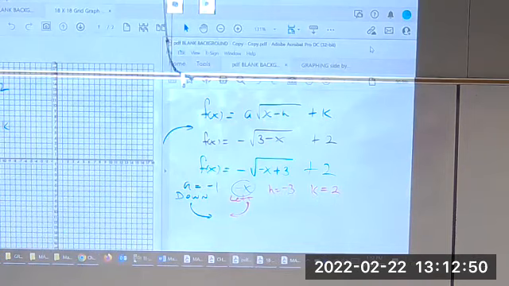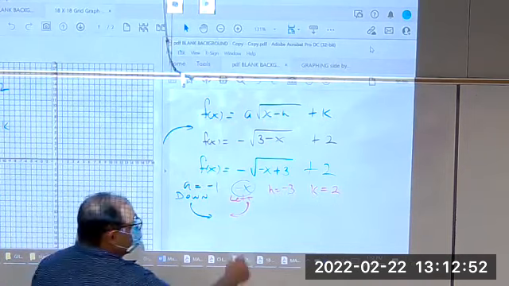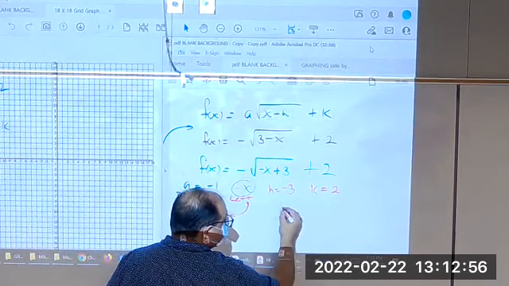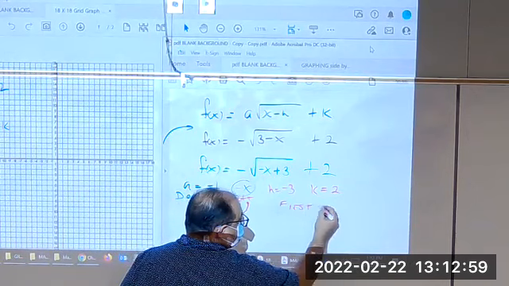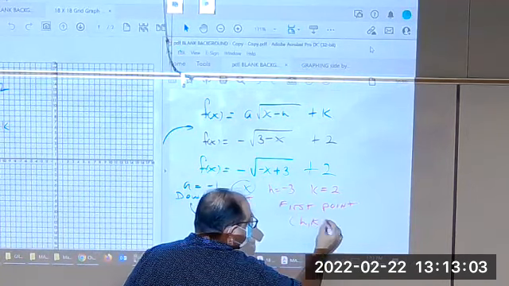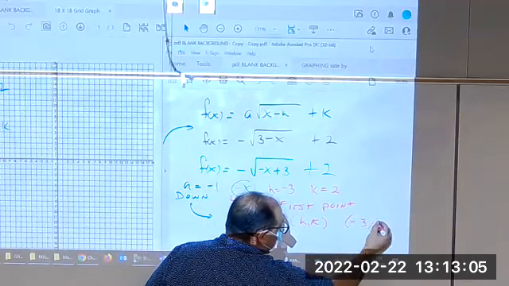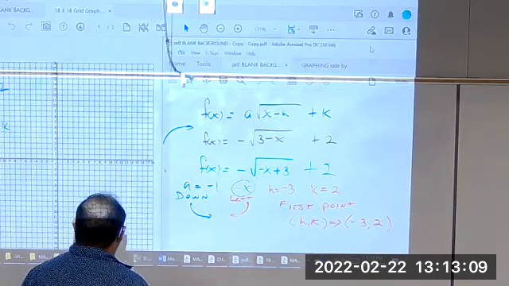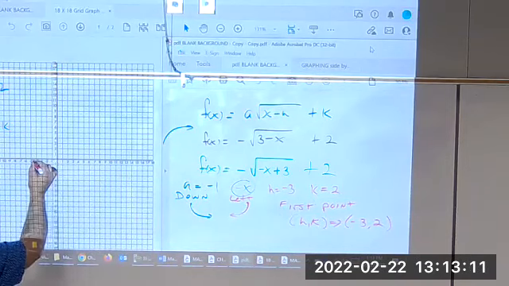They don't have a vertex. So I just call this the initial point or the starting point, first point. So that first point is the HK, and that's going to be at negative 3, positive 2. So at negative 3, positive 2, negative 3, and then up 2,